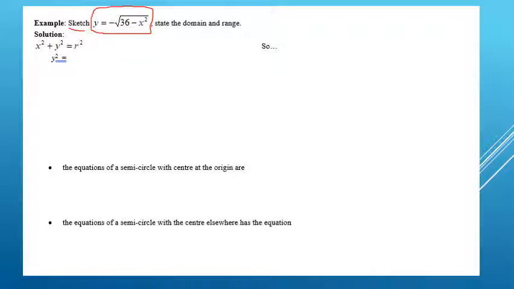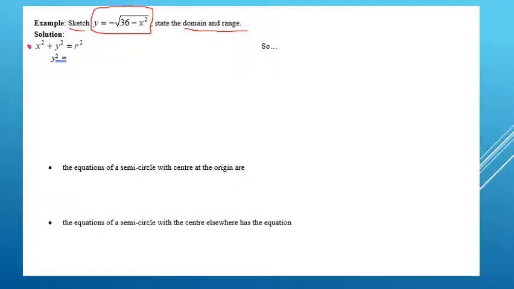So when we see a square root with a number minus x squared, this is actually going to be a semicircle. So it's one of those recognition things. If you recognise it, you'll remember it. We've also got to state the domain and range once we draw this. So before we can explain how to draw this graph, we're going to start here and just look at